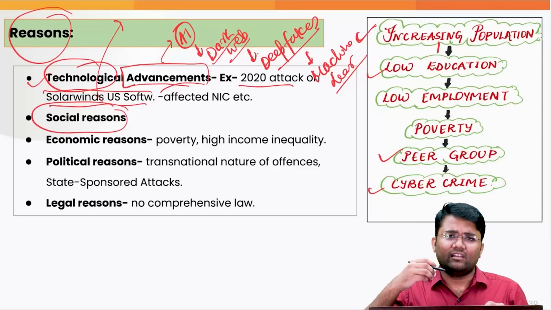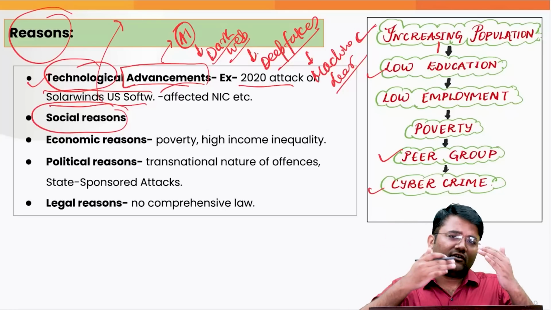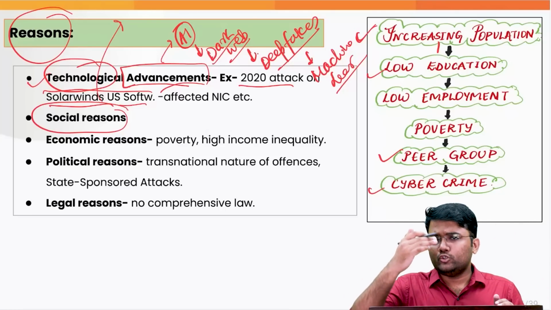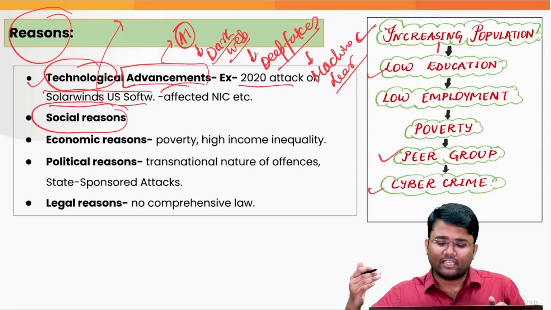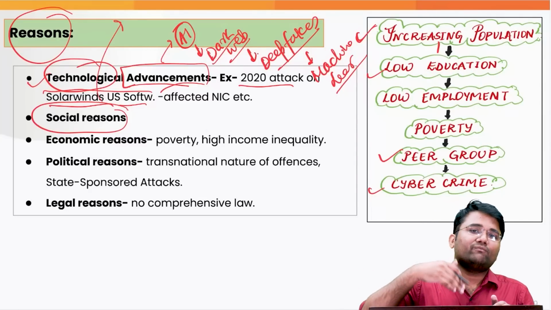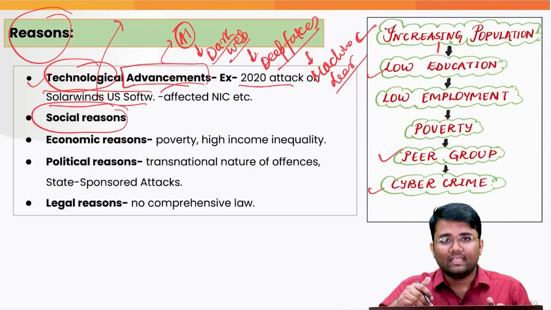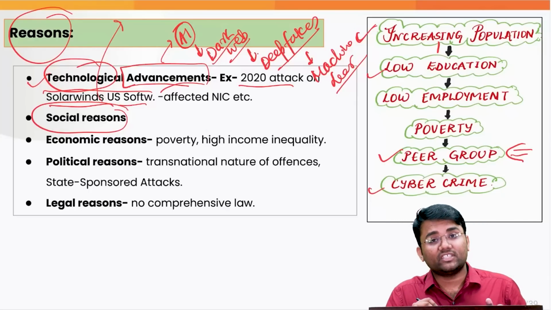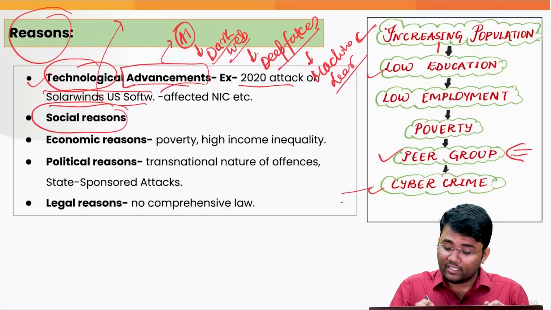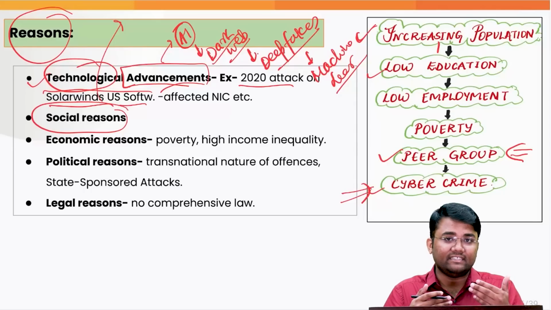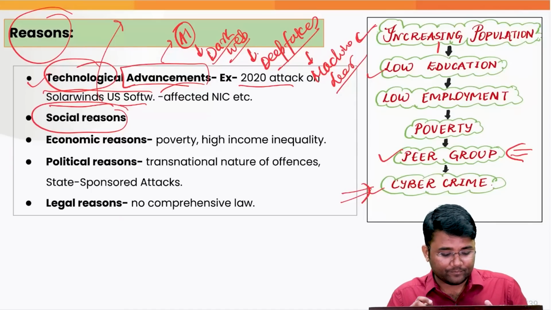So this is a vicious cycle: population is increasing, poverty is increasing, educational as well as health indicators are not improving, and this is further pushing people into poverty. Then this peer group motivation is helping, and that is leading to more cyber crime incidents as well as digital frauds.